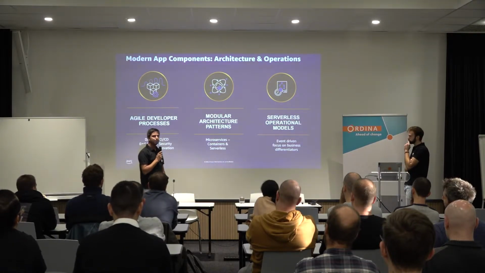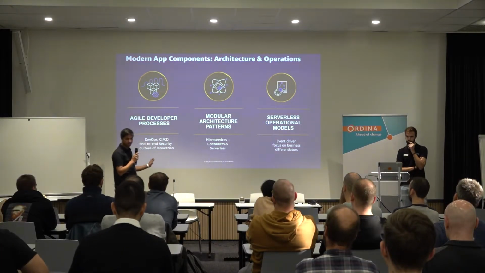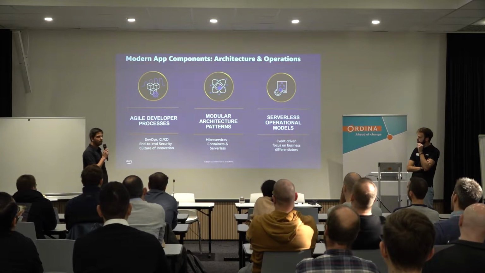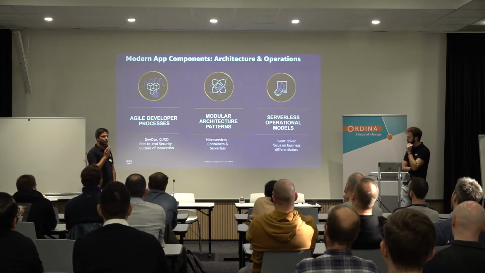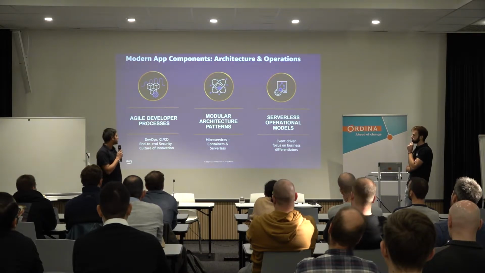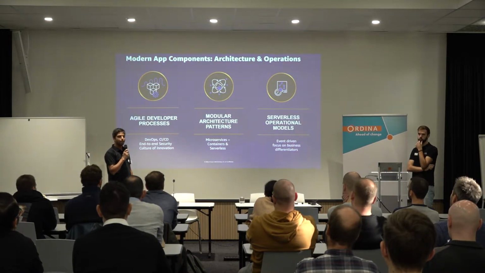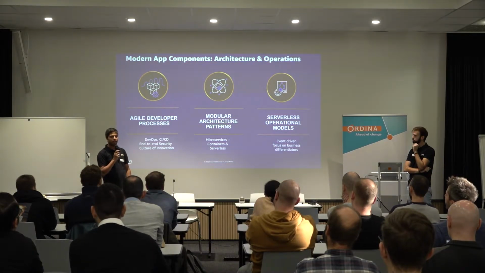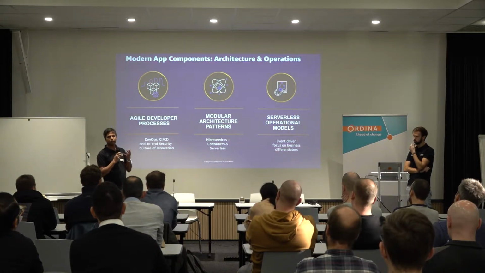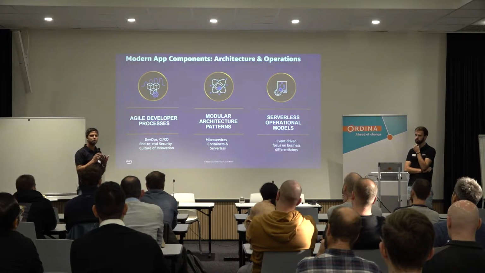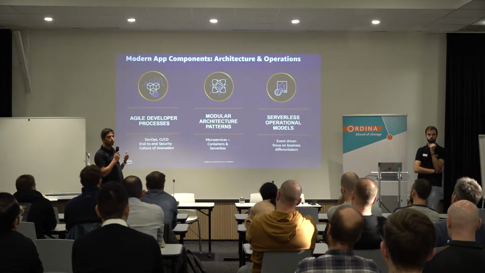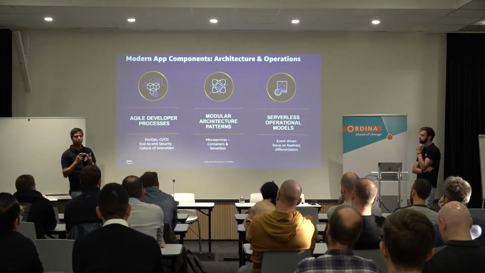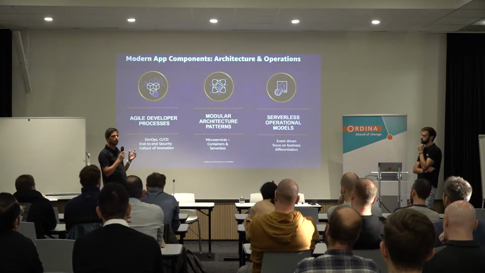Okay, so when we think about modernizing the application, I'm sorry if I'm coming in between. When we think about modernizing the app, we have to think in 3 paradigms or 3 pillars. First is the agile development processes. It gives the developers and builders agility to reduce the complexity to configure and provision the resources. At the same time, it also gives them the ability to move faster and to make sure that things like the best practices for security, resiliency, and performance are all built in.